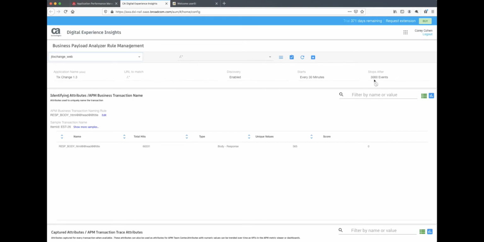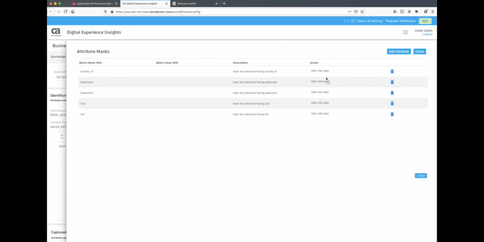Discovery is used for the system to go out and understand the frequency and the values that are passed between the end user and the application. You can create sub-applications by creating new discovery rule sets. But I wanted to start here with privacy rules. Privacy rules are how we protect passwords, social security numbers, government IDs, and credit card numbers from being captured or stored